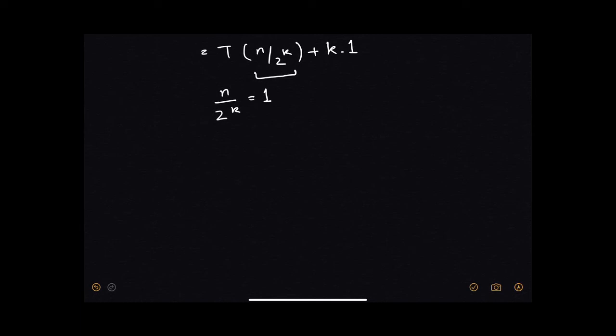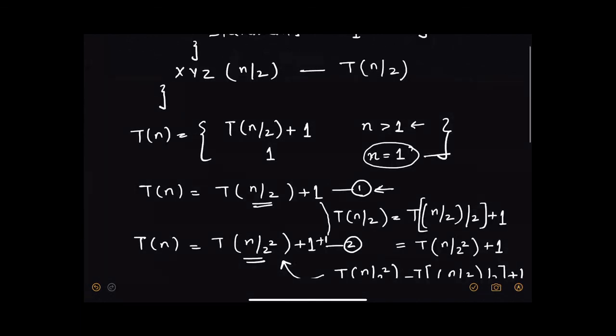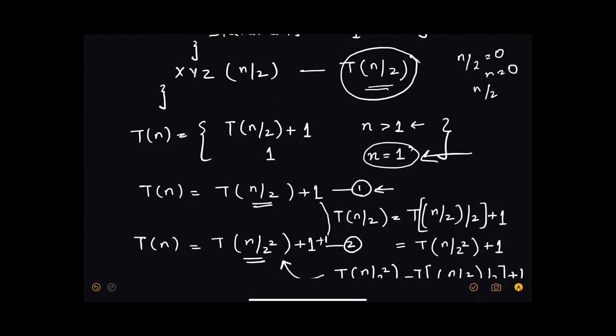Now you can understand why I have taken 1 over here and not 0. Because if I take n equals 0, I will not be getting any answer. So I have changed my recurrence relation according to my problem. What you can say is, for dividing problems, it is a best practice to take n equals 1 and not n equals 0. Because I have to substitute everything over here to something, and if I substitute it as 0, I'll get nothing. So the best practice is that n/2^k equals 1, and I'll get some value of n over here.